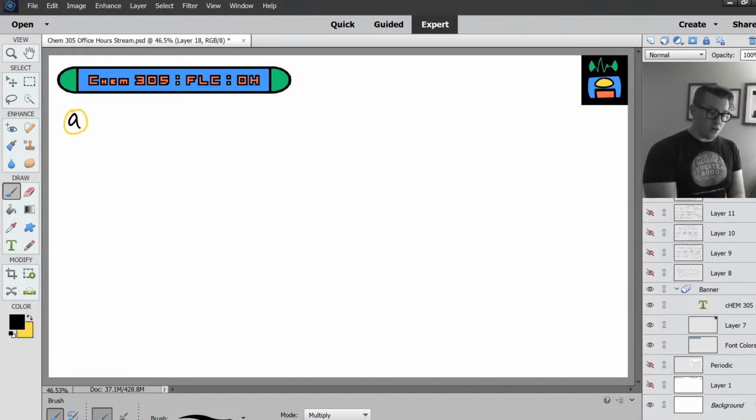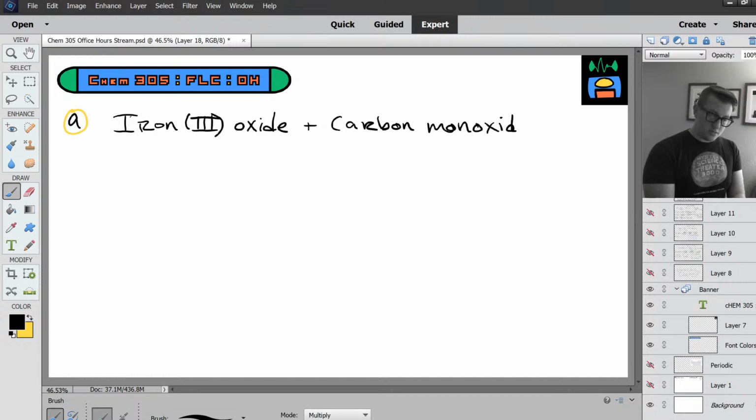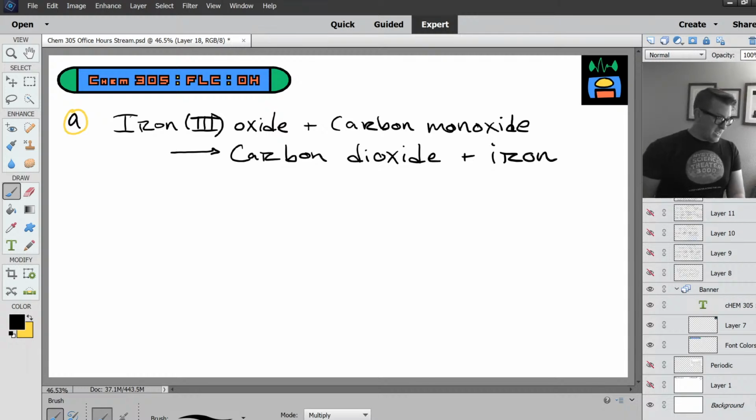So we have here iron 3 oxide, reacting with carbon monoxide, producing carbon dioxide and iron. All right. Yes, that can totally happen. So here,